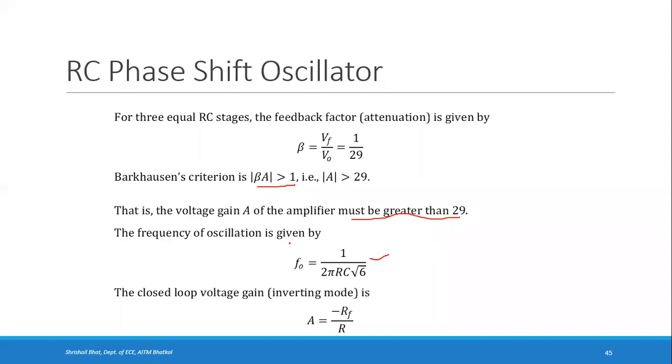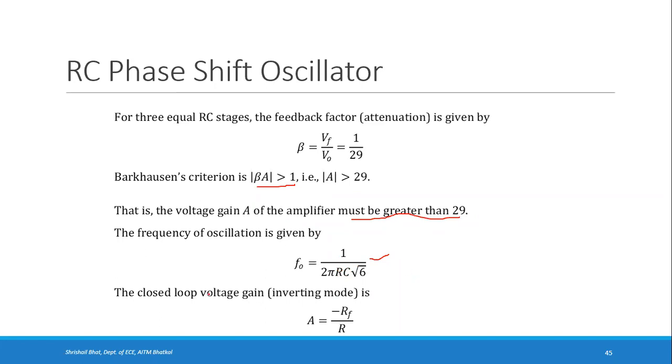So when you are asked to explain RC phase shift oscillator along with the circuits, you have to write these equations, which are design considerations. Okay, beta should be equal to 1 upon 29, which means your gain should be greater than 29. Then frequency of oscillation is 1 by 2 pi RC into root 6. This RC, it is called time constant. The product of resistance and the capacitance, it's called time constant. We consider it while designing a oscillator.